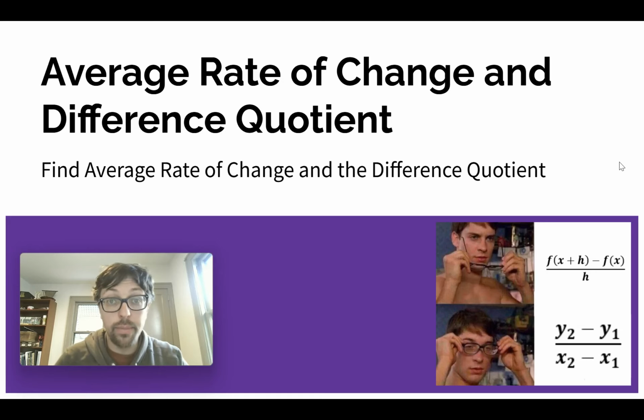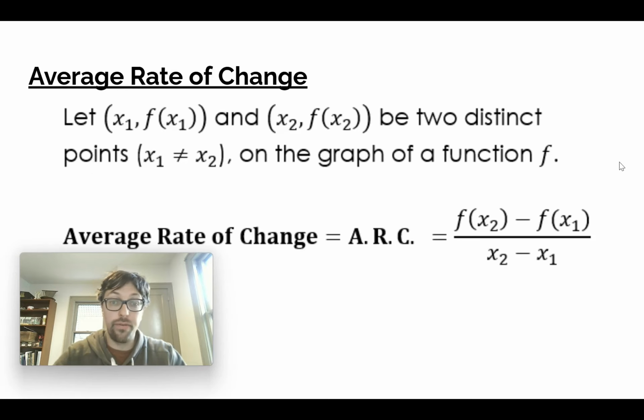Hi, in this video, we're going to be talking about the average rate of change and the difference quotients, which sounds like something that we have never seen before, but it is actually something very familiar. This is the definition of an average rate of change. We're having x1 and f1, x2 and f2 that are different points. Our average rate of change is represented by this mess of stuff, which looks like something really complicated, but we